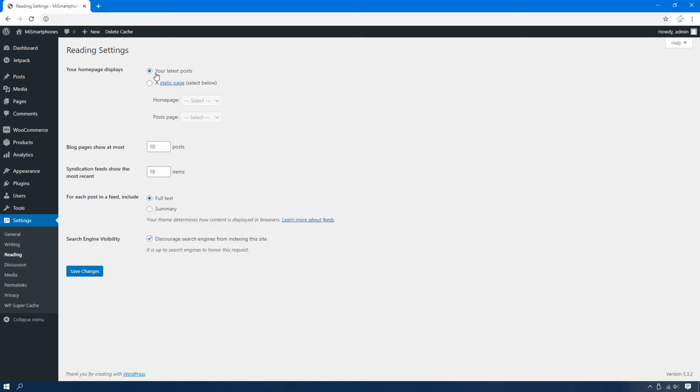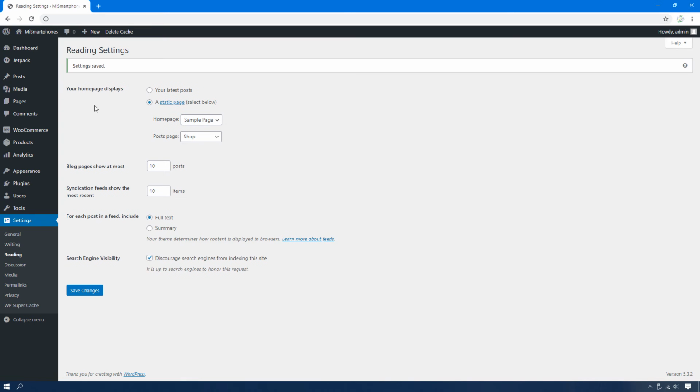So instead of your latest posts, click on a static page here, and on the home page I'm going to show a sample page for the dashboard for the home page, and in the posts page is going to be the shop page. So this is the shop page. It's going to show all the products. So click on save changes. Of course, the pages are going to differ in terms of what theme you're using, but the same